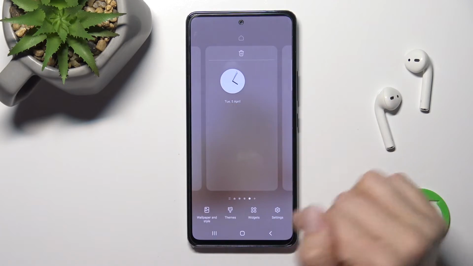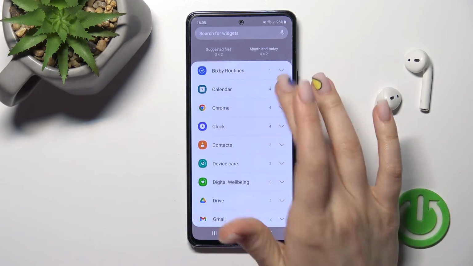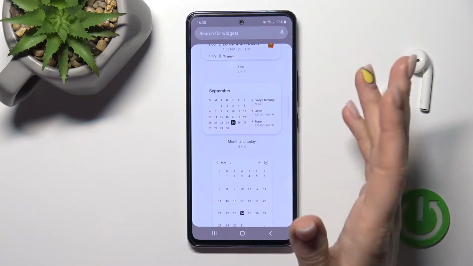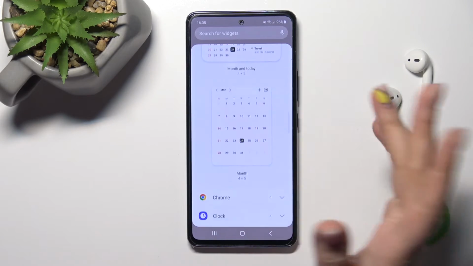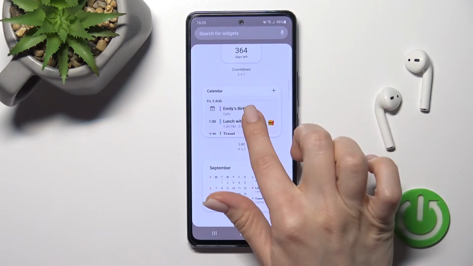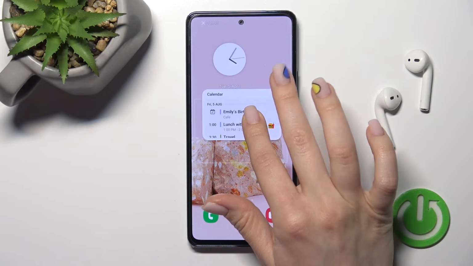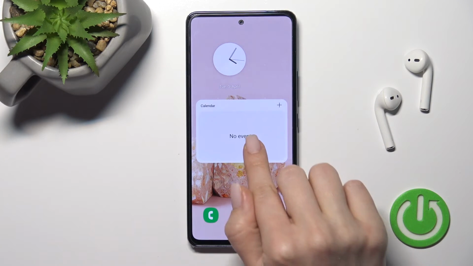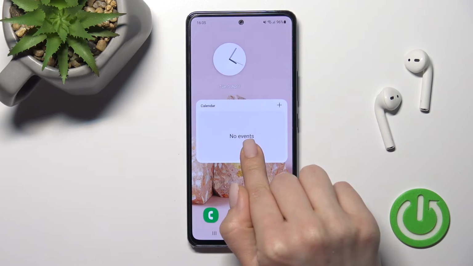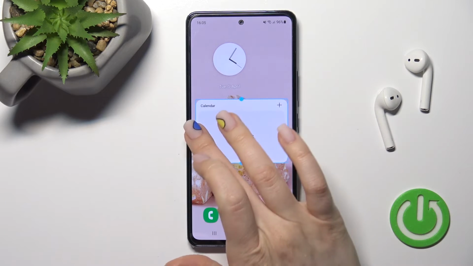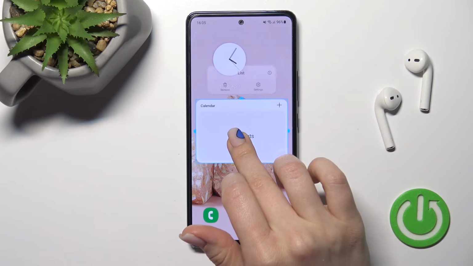By the same way, we can add one more widget here, for example the calendar. By the same way, we can select one from these types of the calendar, for example the calendar shadow. Just hold for a while or click to the plus icon and you will add this widget here on the device screen. We can also change the size of this widget by the same way,